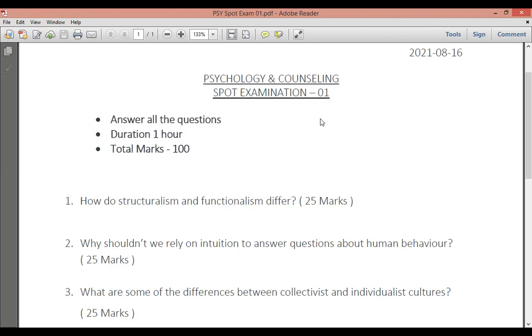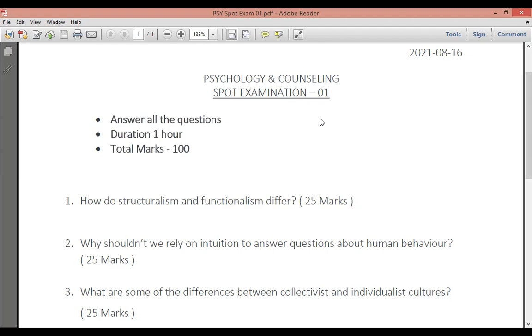Because this won't come with prior notice, they won't say, okay, you have an examination on this date at this time. Usually in the university system they do this. They have spot examinations, where they tell you, now I'll be giving you a paper, you have to answer this, because only then can you understand how much knowledge you have grasped in your mind, and how much effort you put into studying the subject.